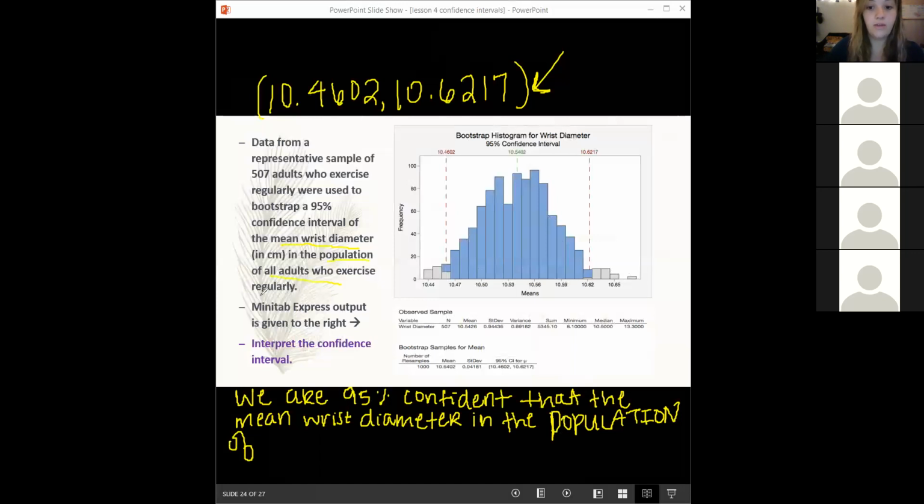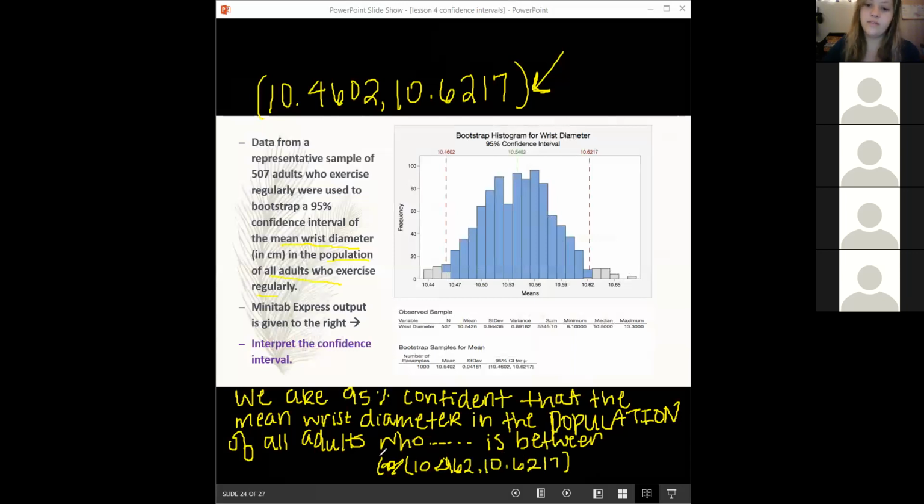Right here, population of all adults who exercise regularly. All adults who exercise regularly is between 10.462 to